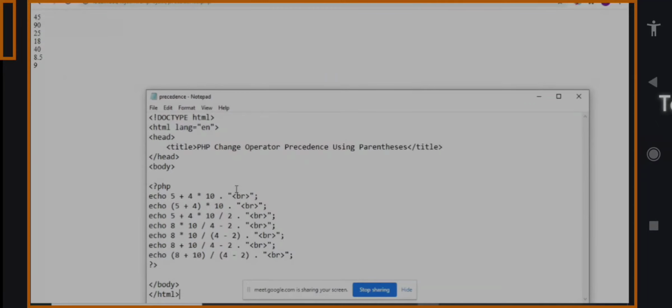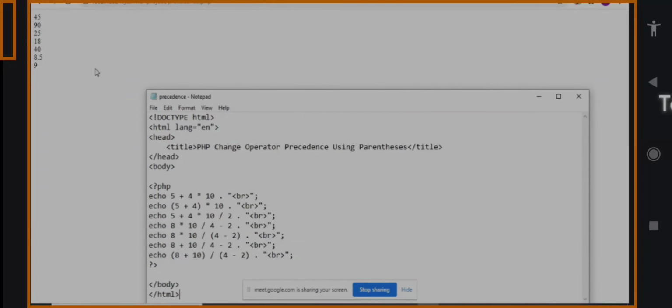If you see this example, multiplication is the high precedence level, so first this value is calculated, 10 into 4, that is 40. Then after that addition is done, 40 plus 5, that is 45.